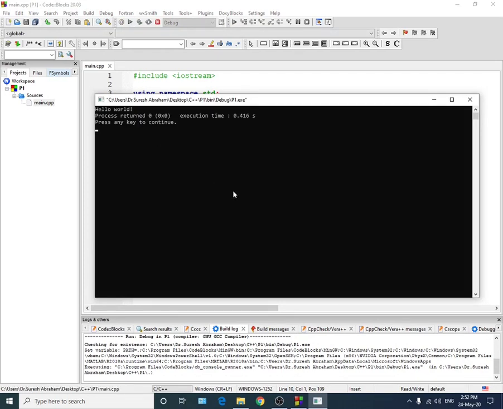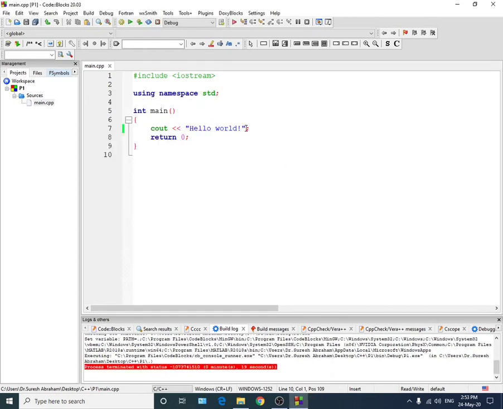Now this is the output which you observe, and you can find that the space between hello world and the process description has been erased. So that means it is the endl which caused a space after this hello world. So I hope you understand the significance of this endl statement. I will now take the program back to what it was originally,